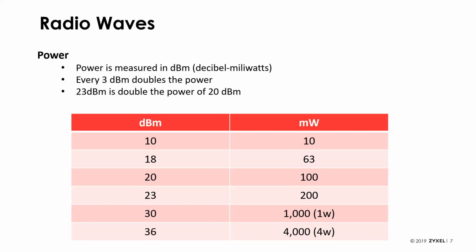So it gave you a great marketing strategy, right? 200 milliwatts is double 100 milliwatts, so you're getting just huge, great range. And of course, today a lot of stuff is well in excess of 200 milliwatts. But back in the day, that was the big advertising push, and that's kind of why you find consumer equipment using milliwatts. Whereas when you look at data sheets for business class products, you will normally see the signal strength